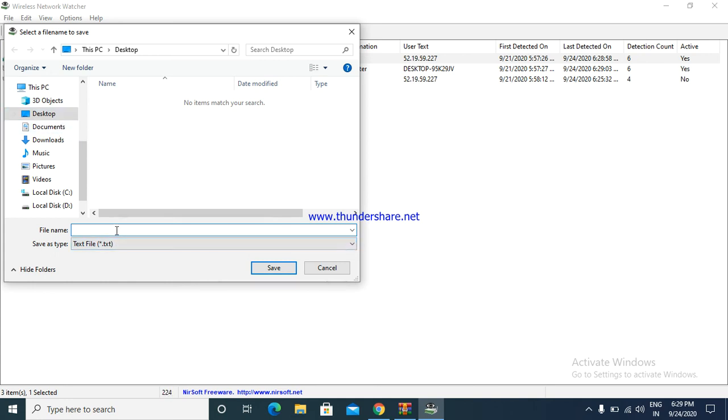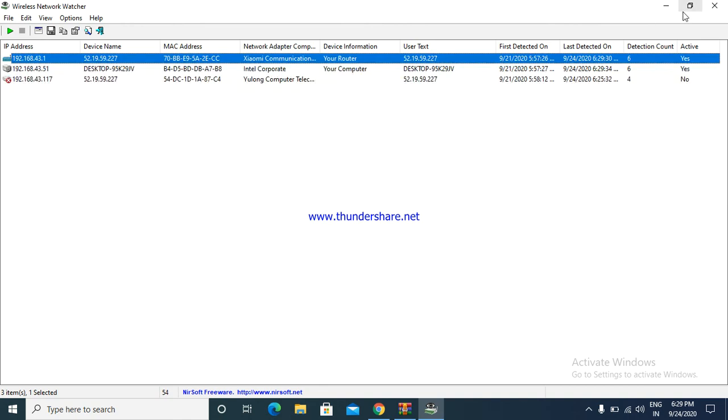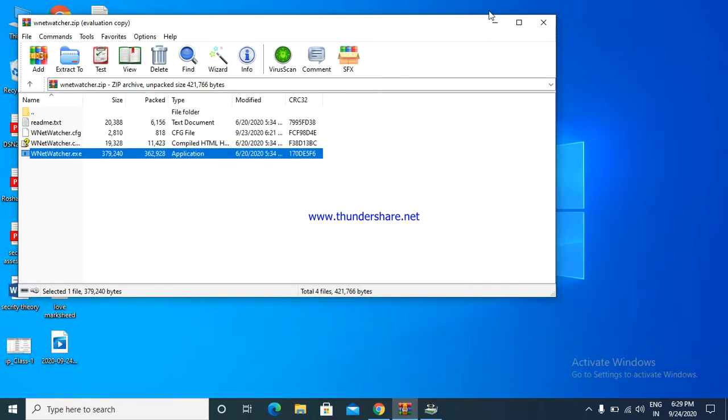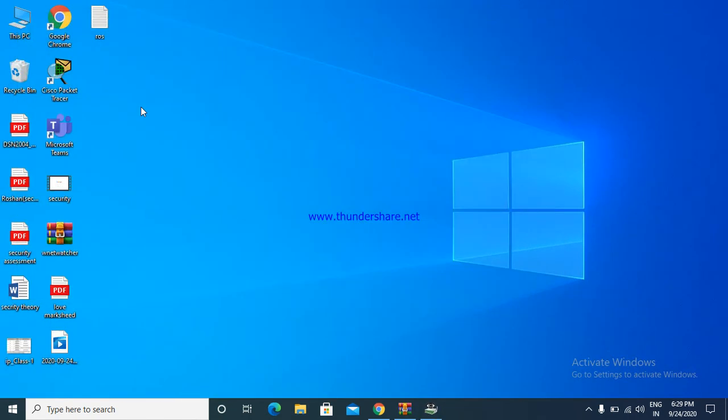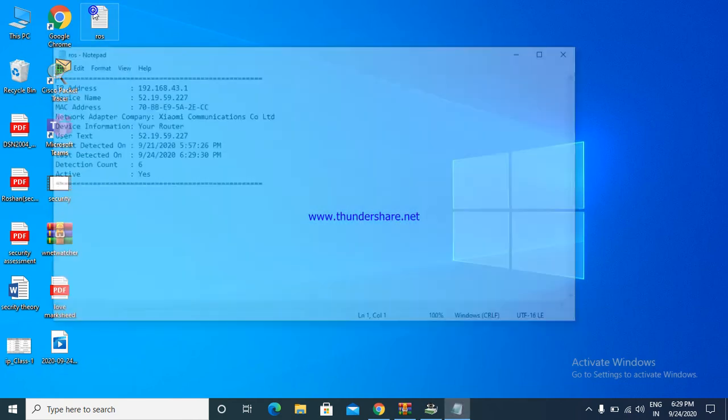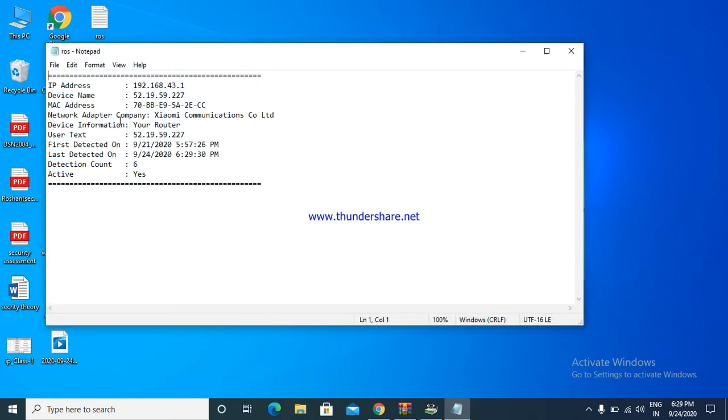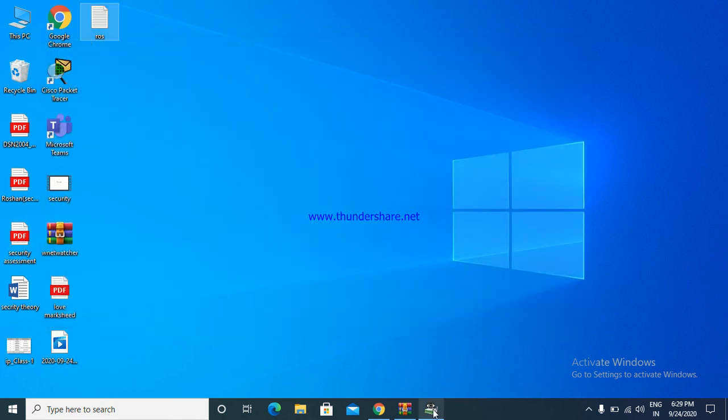This is the file name I am using. I have saved it on the desktop. Let's see. It will show here the desktop. I will simply click. It will show all the information about this selected device, this IP address, first detected, and many more. We can save by using this.